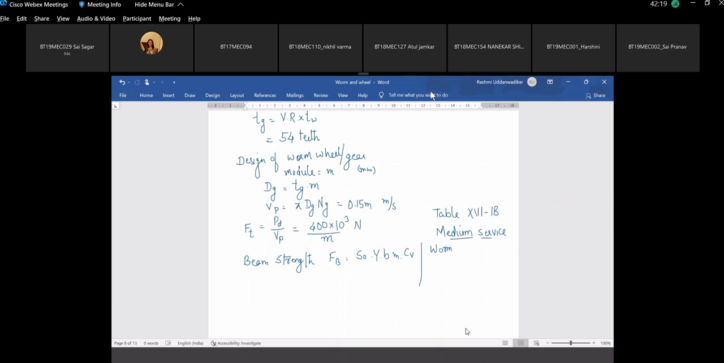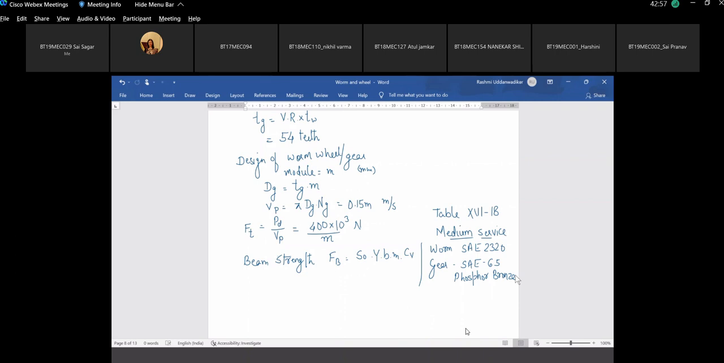SA2320 steel for worm and for gear. Gear, as I said, will always use phosphor bronze. SA65. Phosphor bronze. Check for the material